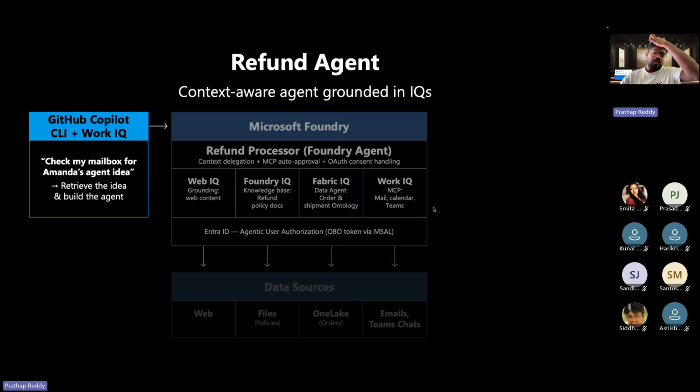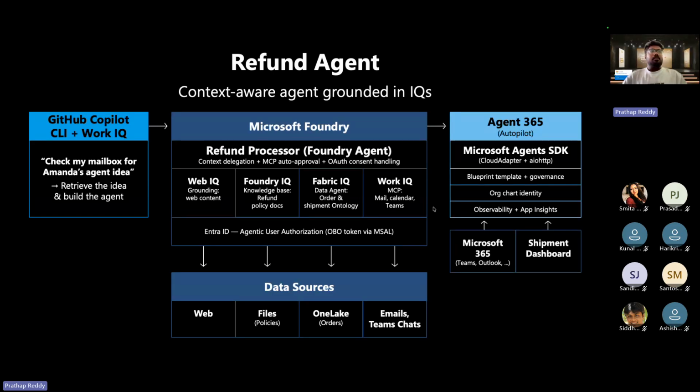And we do have a refund agent, which is one of the things for the grounded IQ levels. We also have GitHub Copilot CLI. With GitHub Copilot CLI plus Work IQ, it will try to give you the best results. For example, a prompt like "check my mailbox for Amanda's agent ID" will give you back the best results. Let me show you how we can drive this Work IQ within Microsoft Foundry and Microsoft M365